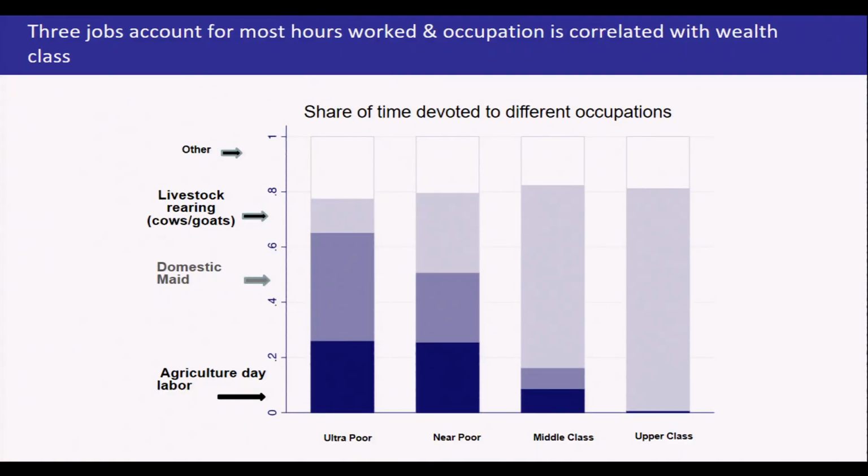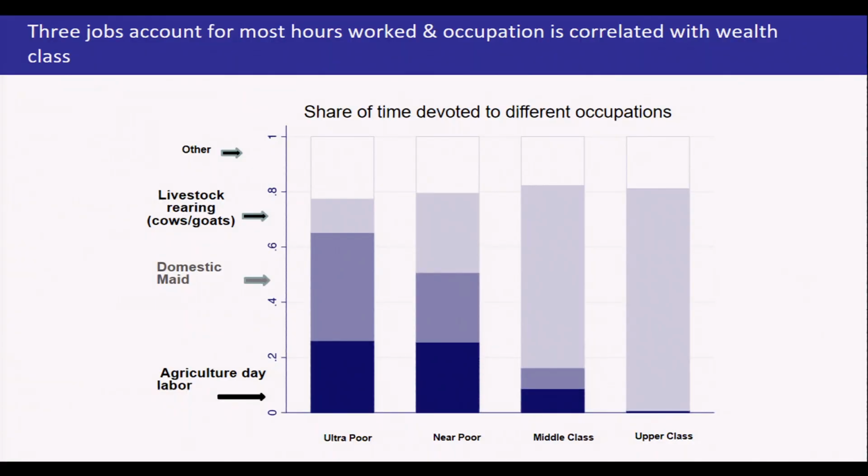They are either agricultural day laborers. They show up in the marketplace, 6 o'clock in the morning. They see whether somebody needs help in the fields. Or likewise, they are occasional domestic servants. They show up and ask whether somebody needs their clothes washed. Or they do livestock rearing. And that's about it. Those 3 occupations account for 80% of the hours spent in income-generating activities by women in